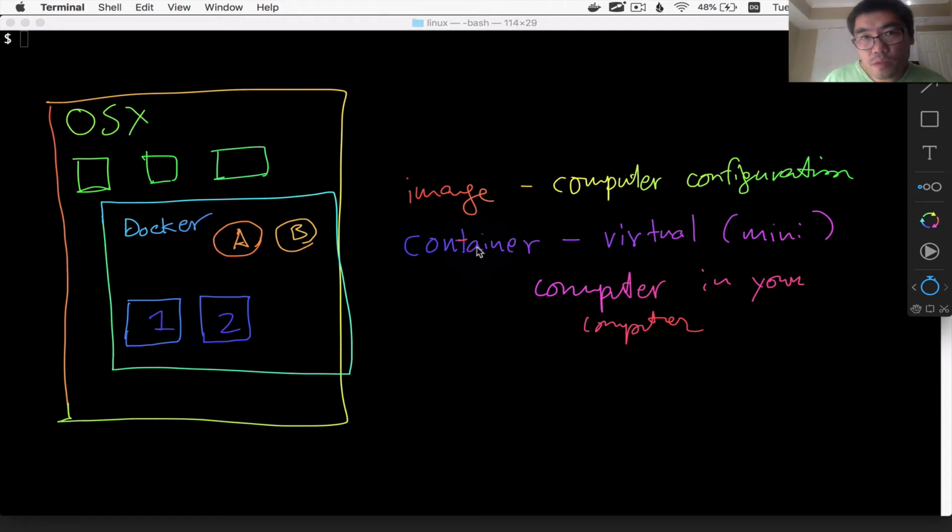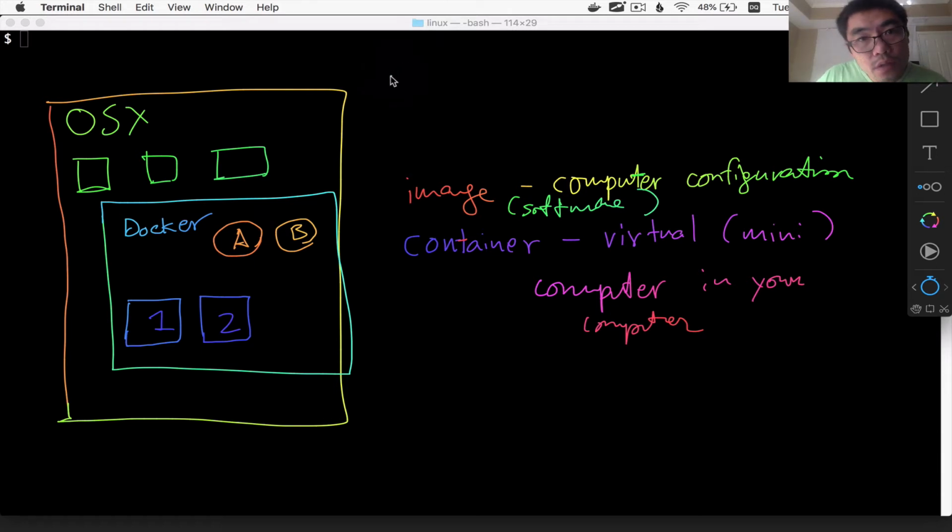Another image might be an Ubuntu image. Another image might be a Windows image. So it configures all of the software that will run when it's realized into an instance, which is called a container.